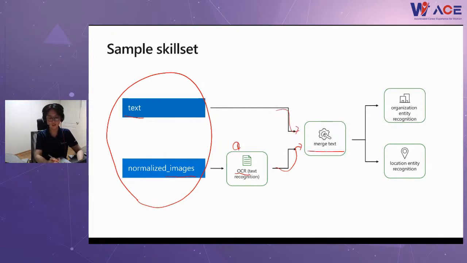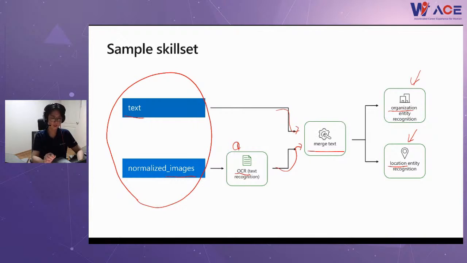So you can combine it as a merged text. Now it's time to run several other cognitive skills. You can detect organization or location information over the merged text.